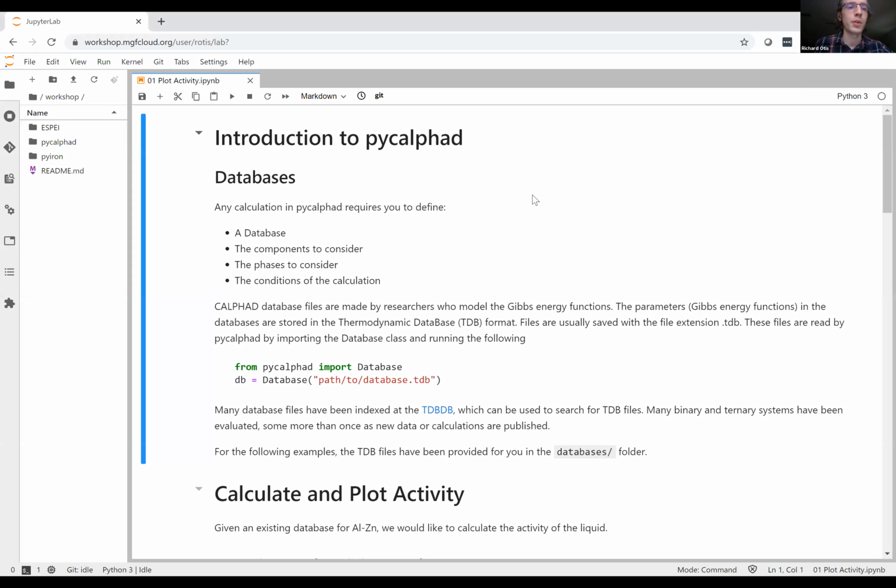Okay, so the screen should be coming through now. You should be seeing my Jupyter Lab screen on MGF Cloud. The way I navigated here was I clicked the workshop folder, and you should now see a PyCalphad subfolder. And I have opened this 01 plot activity